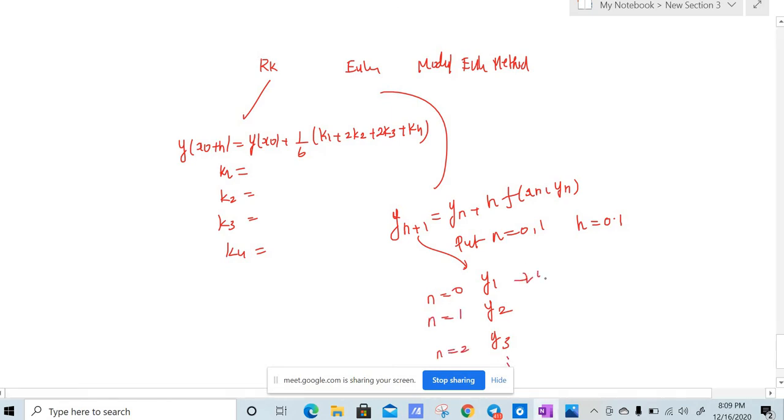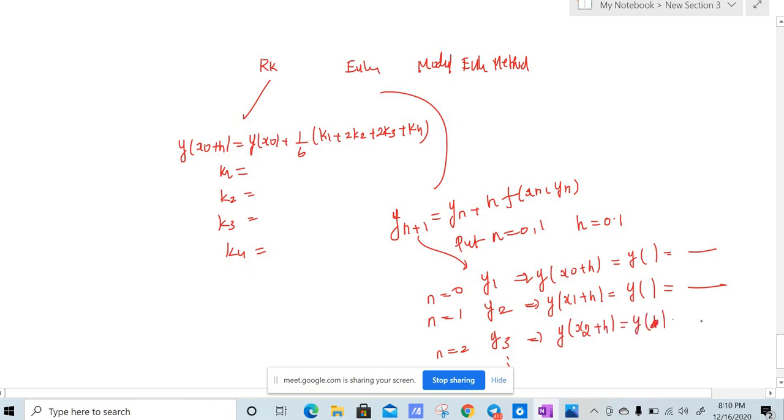So what is y1? y1 is nothing but y of x0 plus h, right? Now you will have some value. If this is the value they ask in the exam, you can stop here itself. Suppose not, you go for the next. This is y of x1 plus h. You will have some value. If this is the value they asked, you can stop here. If not, go for the next, which is y of x2 plus h. Now you find y of this value. If this is the value they asked in the exam, you can stop here. If not, you can proceed for n is equal to 3, 4, 5 until you have the particular value which you want, right?